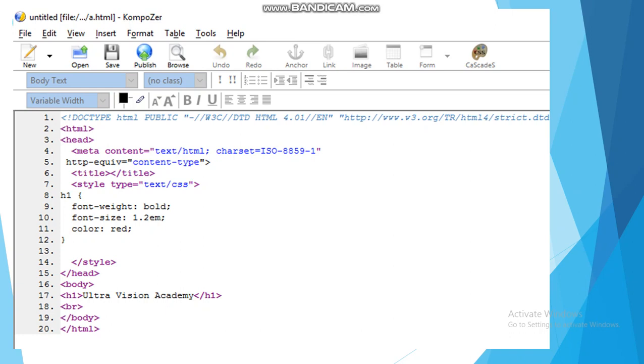Inside head part you can see meta tag is written, then another is title tag, then third one is style tag here, that is for CSS. So if you want to write CSS code, then you have to give style tag. You have to create CSS rule inside style tag. So here this portion is CSS code. You can see style tag /style tag is written, and inside style tag type is equal to text/css